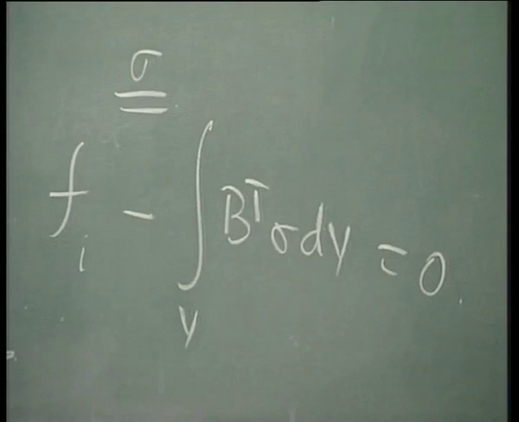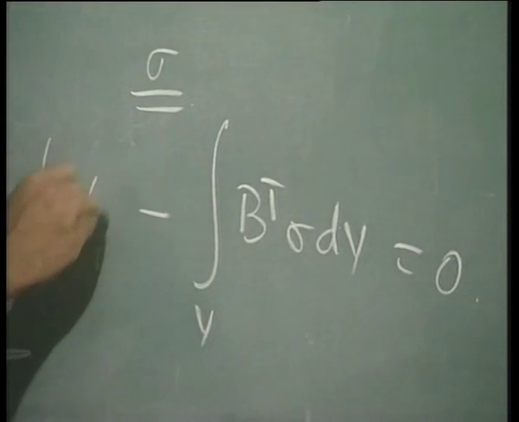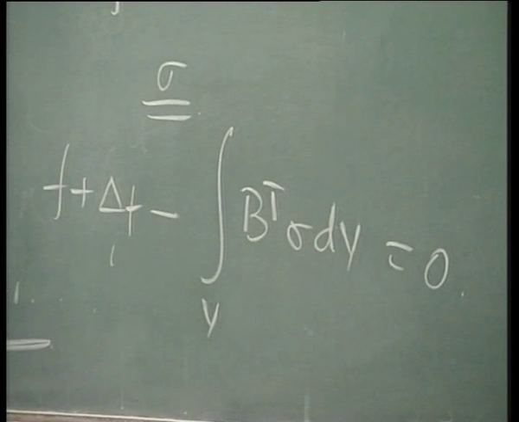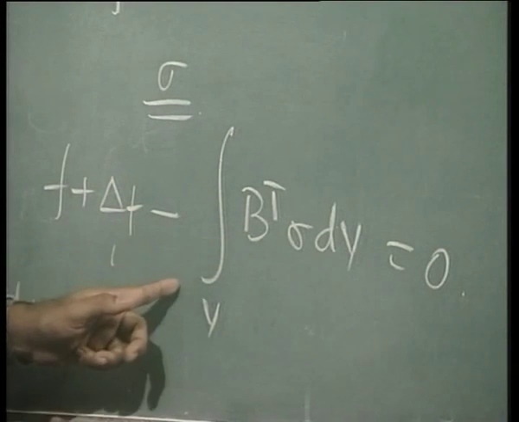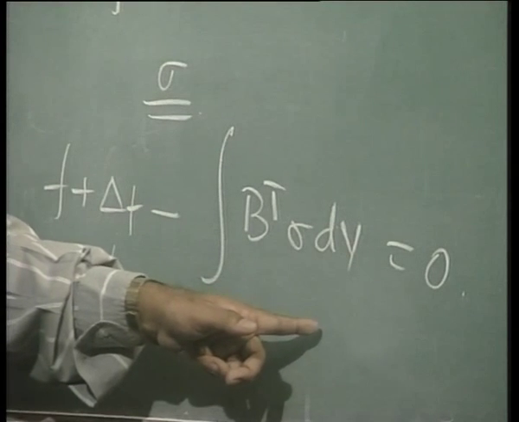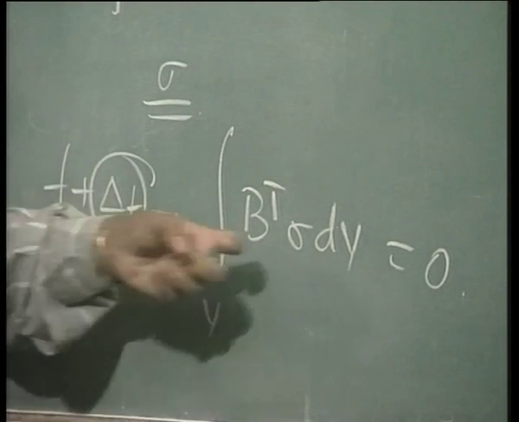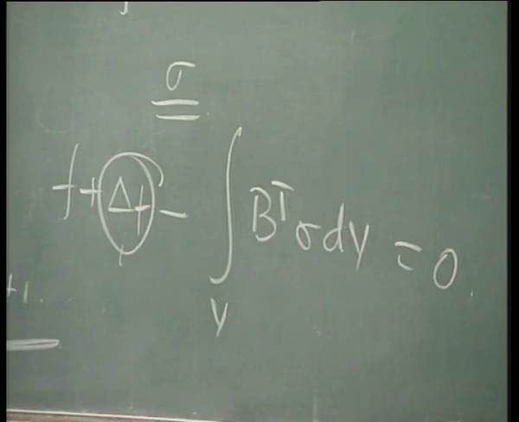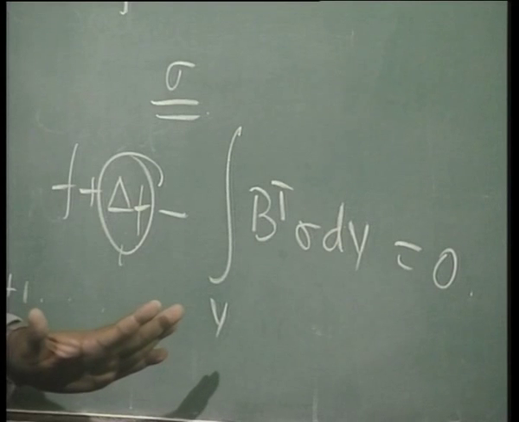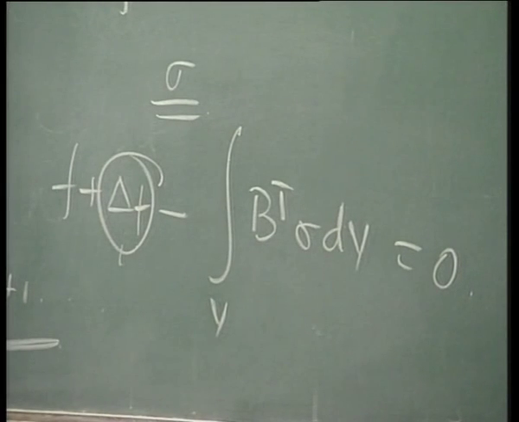When I apply now F plus delta F, obviously this fellow here will now have F plus delta F, being the 100 which we have been talking about. And this we have not yet calculated for the new delta F, or F plus delta F. Hence the error will be this, because this and this will be the same. Is it clear? So this will be the error. How many of you understand? Are there any questions?